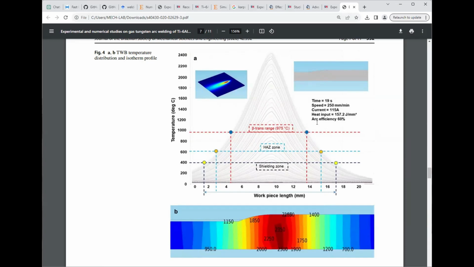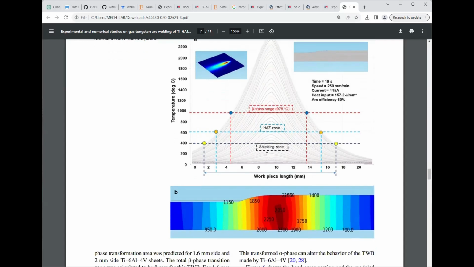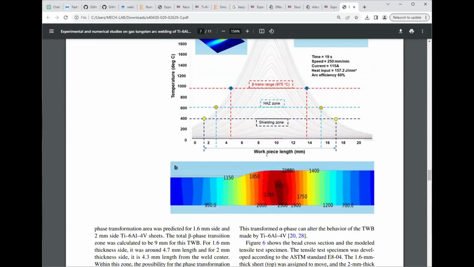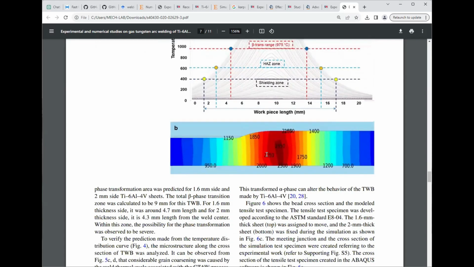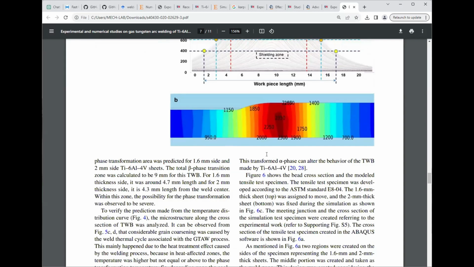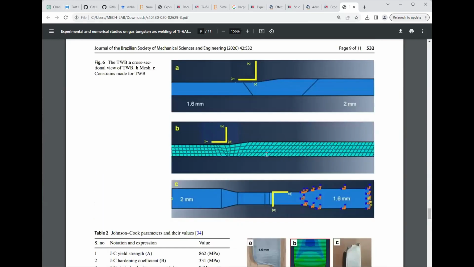predicting how much area the phase transformation will occur in, how much area is below that graph, and finding how much heat treatment area occurred. Slowly these results are correlated with the numerical simulations, and that's how I got one paper. And the second part of the analysis, I went for mechanical analysis, tensile test performance for